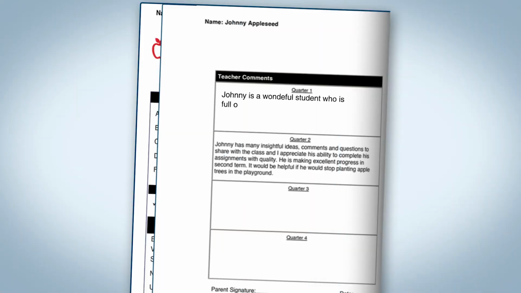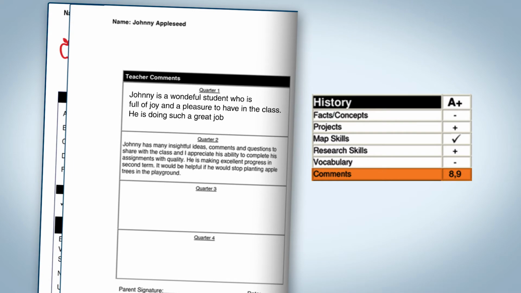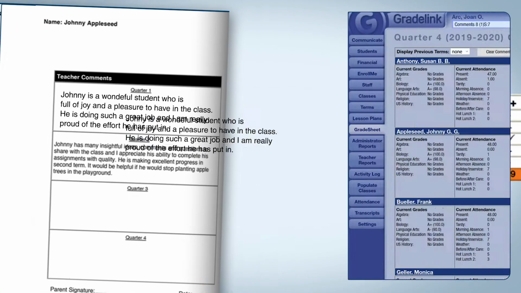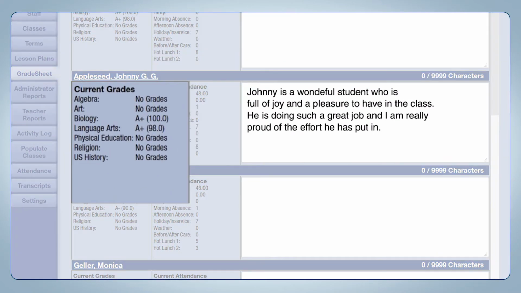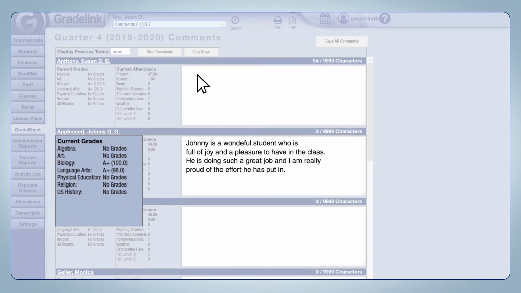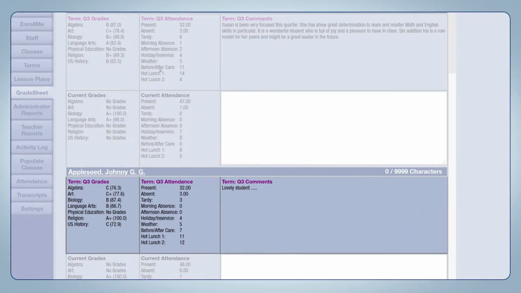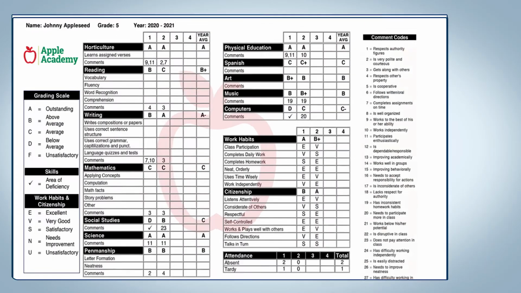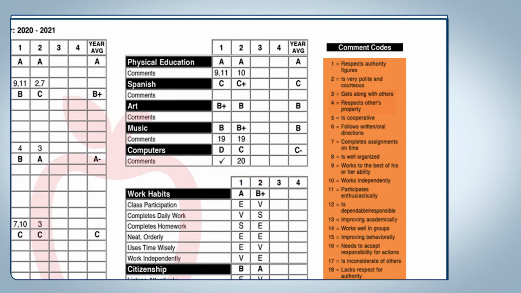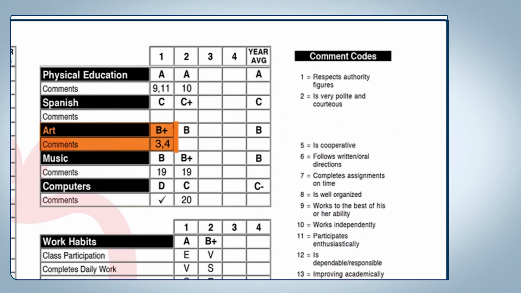Teachers are able to enter both narrative and numbered comments in the system to speak to student progress. Narrative comments can easily be updated at any time, and teachers are able to review not only each student's active grades and attendance for reference, but also any past grades, attendance, and narrative comments that the teacher has logged throughout the year. We can help you configure up to 30 numbered comment options that teachers can quickly input into the system for each class or subject as well.